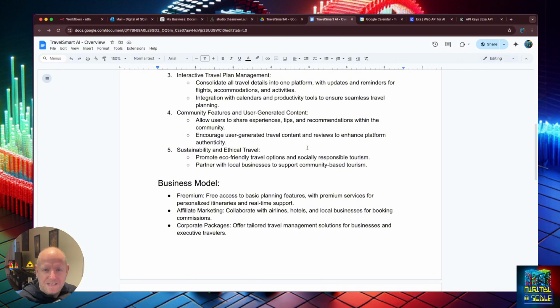How do we make it easy for these local businesses to get really good reviews? And then how do we make this sustainable and ethical? How do we promote eco-friendly travel options for people? And how do we get local businesses and local individuals to help support community-based tourism, which is really